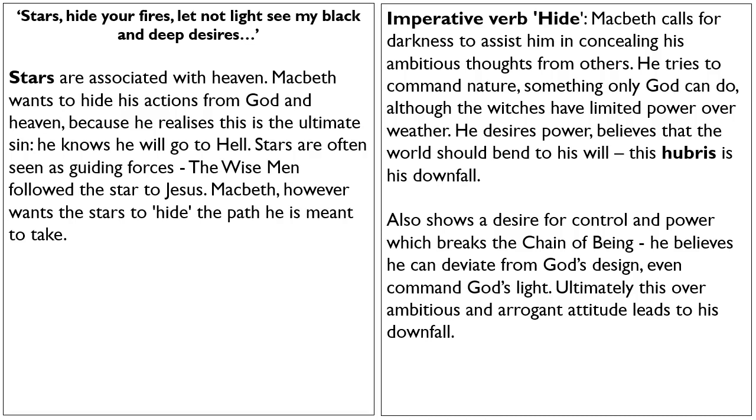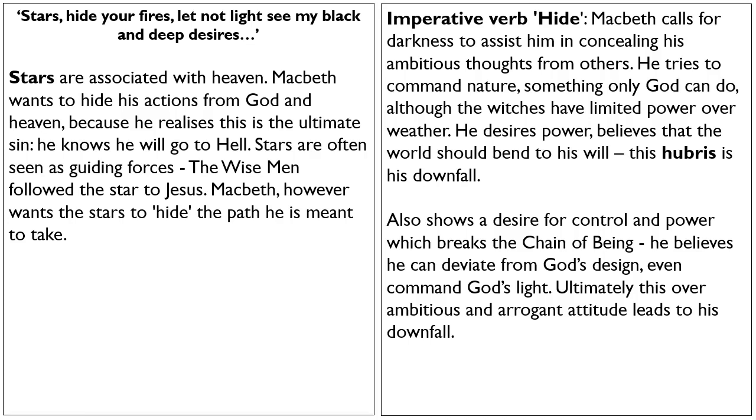He wants that hidden. We then see the imperative verb hide. He's calling for darkness to assist him. He wants the stars to hide their fires so that he can hide his thoughts and actions from others. He tries to command nature, which is something only God was believed to be able to do. Even though the witches have kind of limited power over nature, he wants the stars, the heavens themselves, to bend